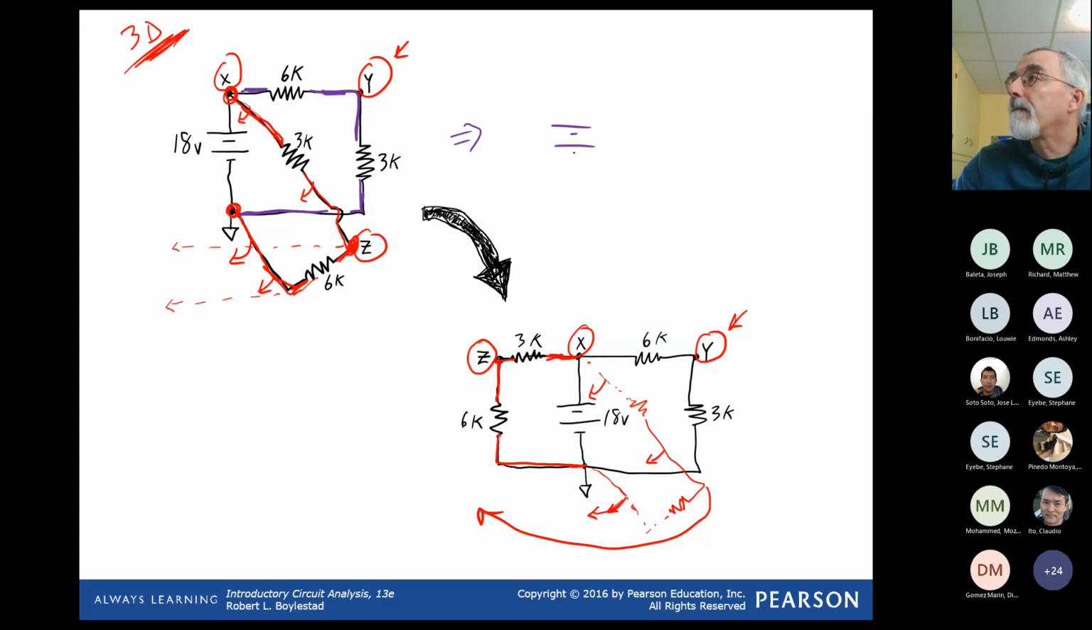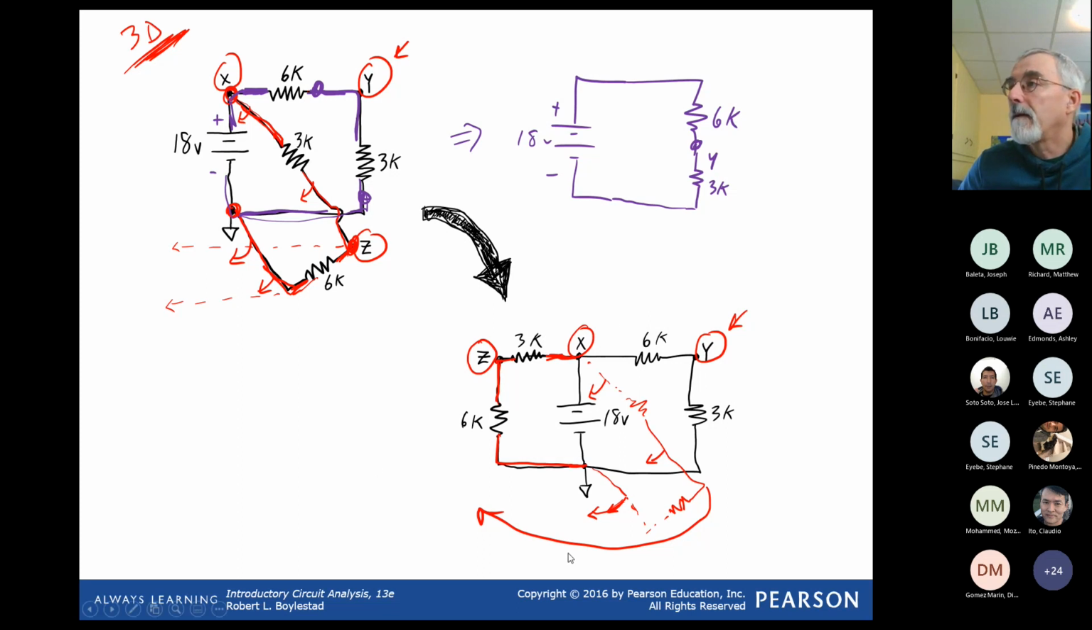they travel through the circuit, and in purple, connected to the 18-volt positive. In purple, I have a 6K, and on the other side of the 6K, I have point Y, and then I get a 3K, and then on the other side of the 3K, I return to the negative, and then I'll switch back to my red,